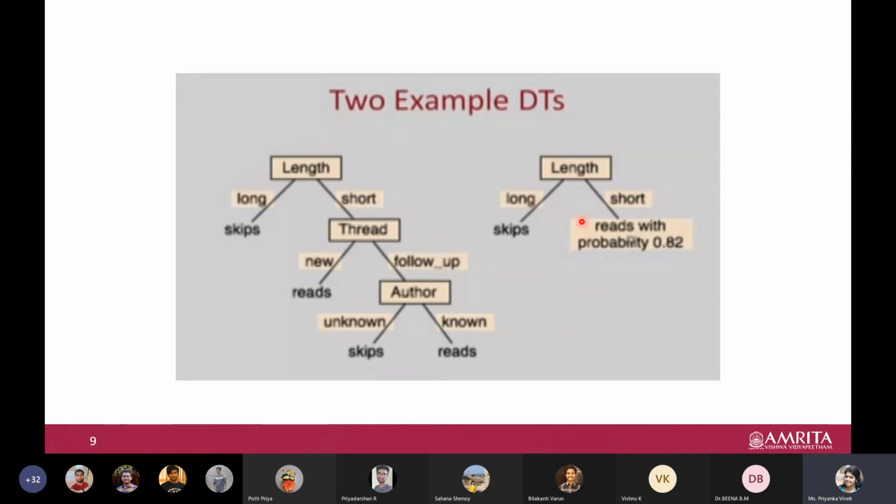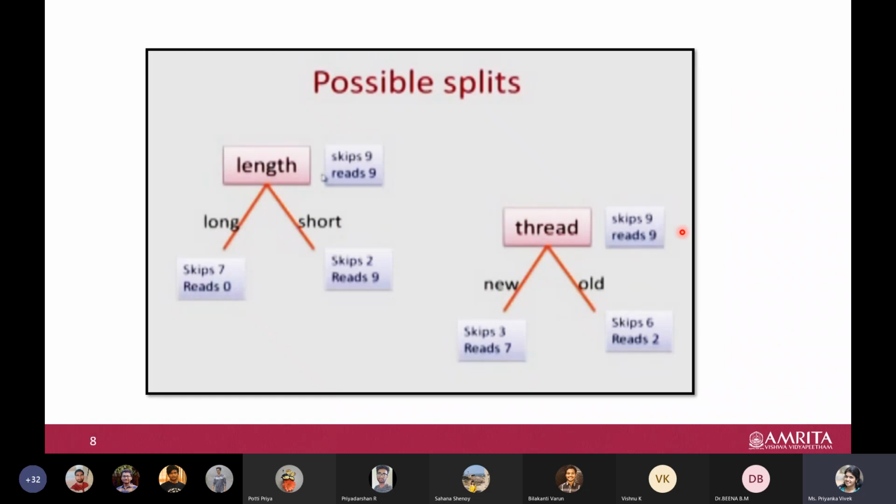But what happened here? Here, if you can see threads, after that it has again grown, etc. Whereas here they have stopped the further growing of the tree, because of all the instances, for example under length, only two instances are falling to skip, and the rest are all in reads, isn't it?